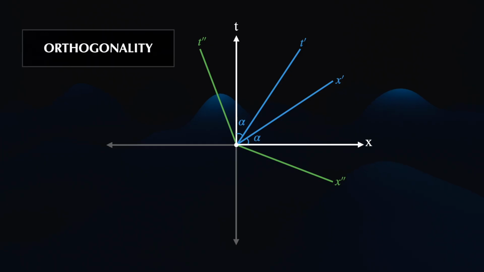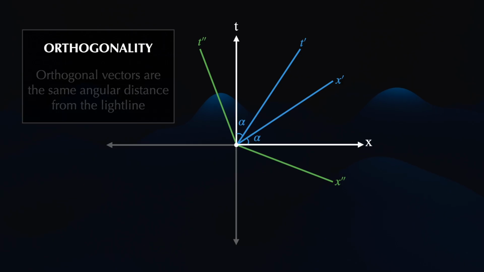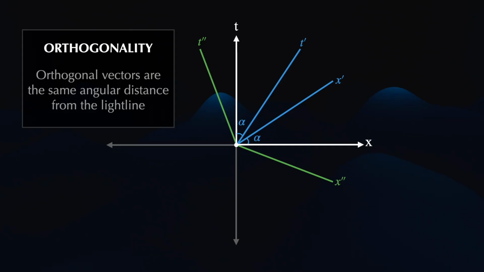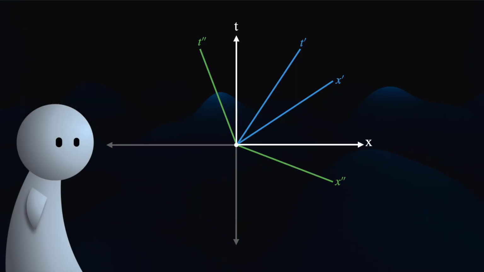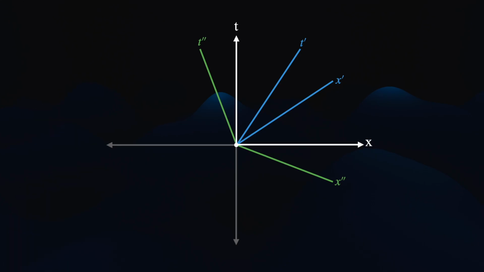You might have heard this word being synonymous with perpendicularity, but being orthogonal in spacetime means that they sit at the same angular distance from the light line. One is tilted towards the time side and the other towards the space side. So one clarification worth making explicit in this series is that we're using the t and x axes to draw these angles, but they have the same geometric meaning if we were to draw them from the light axis instead. Okay,